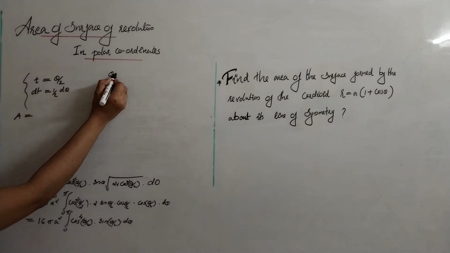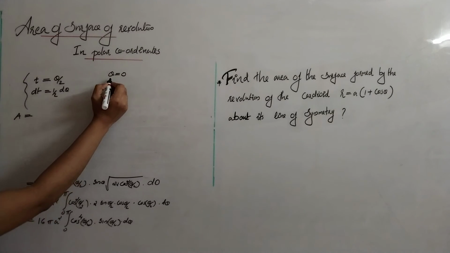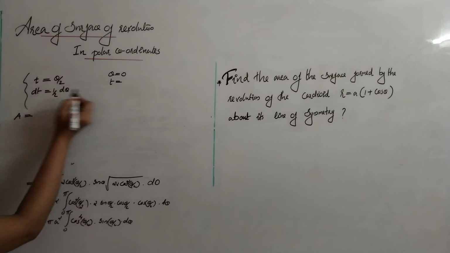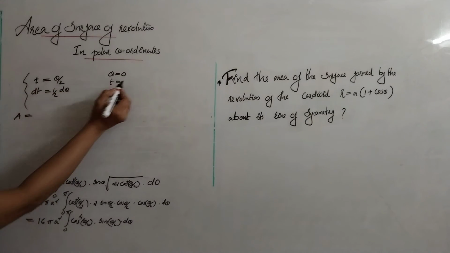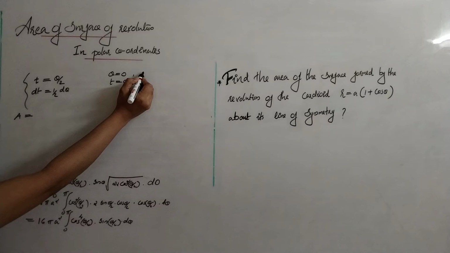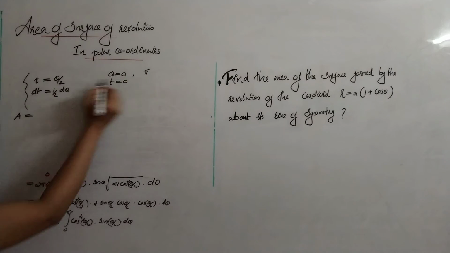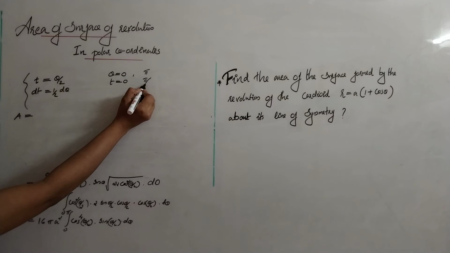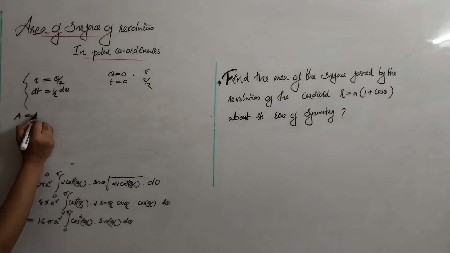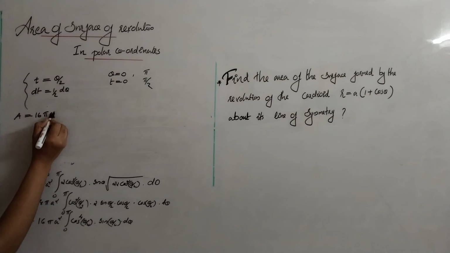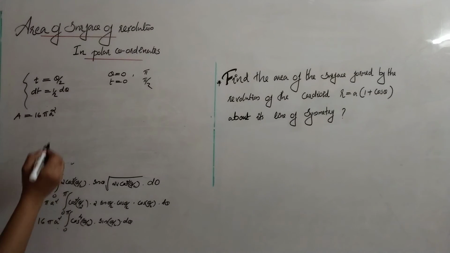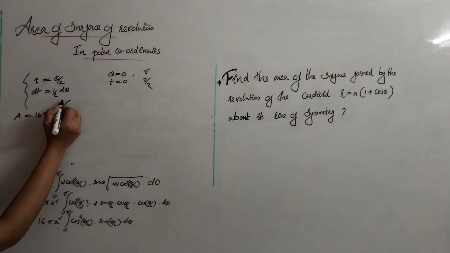When theta is equal to 0, what is t? When theta is equal to 0, t is 0, and when theta is equal to pi, t is pi by 2. So the limits of integration is 16 pi a square into integral 0 to pi by 2